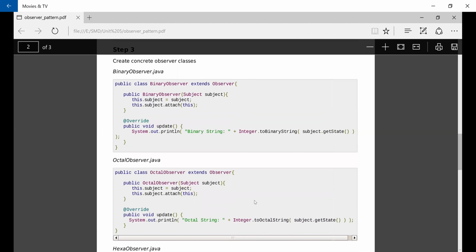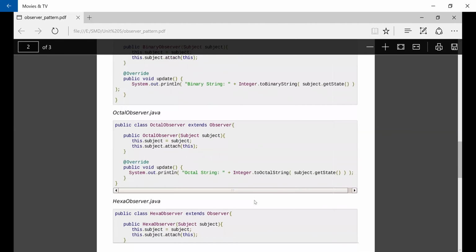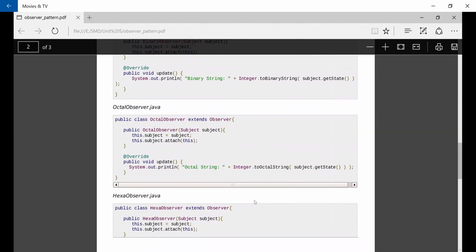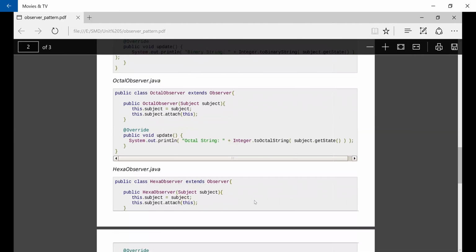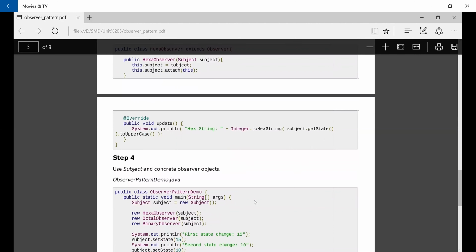So whatever the state is, it is converted into binary. Again, the same way, OctalObserver.java and HexaObserver.java classes are created.